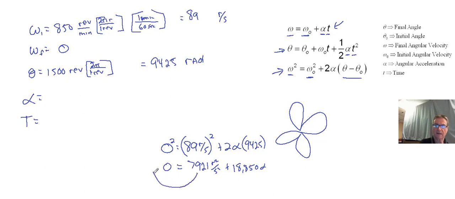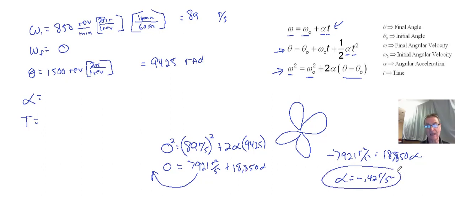Okay, if I move this to the other side, I get negative 7,921 radians squared per second squared is equal to 18,850 times alpha. I divide each side by 18,850 and I get alpha equal to negative 0.42